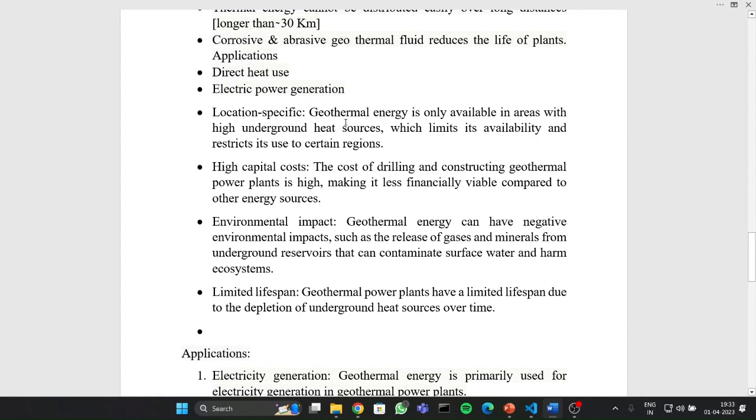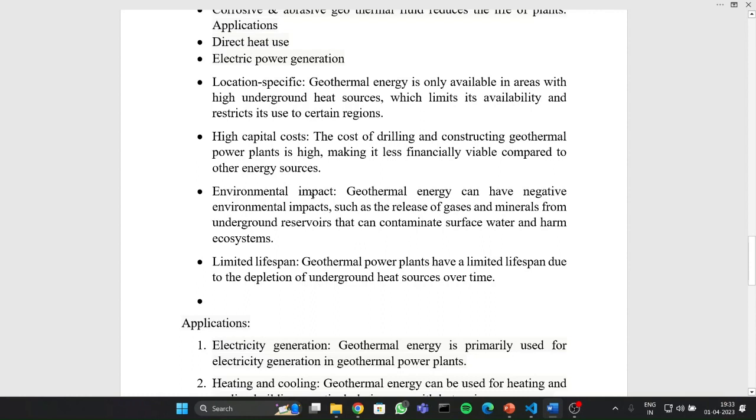Other than that, there are a few constraints that is limited to the location, as geothermal energy can be extracted and converted into the other resources such as electricity generation only in the places where it is available. So it might not be available in all the regions, so it depends. And there are high capital costs, that is setting up the plants and running them and having to have a maintenance on these plants and constantly generate the resources that we need, can be expensive and